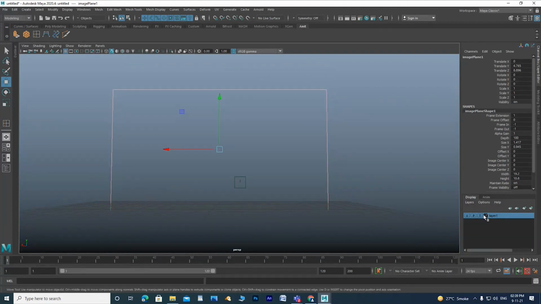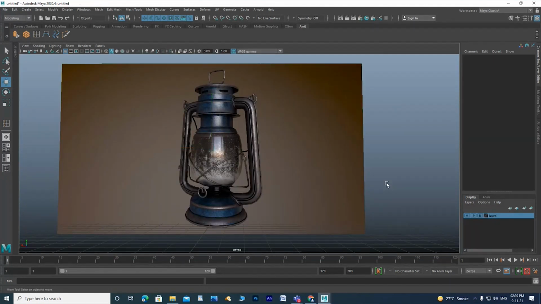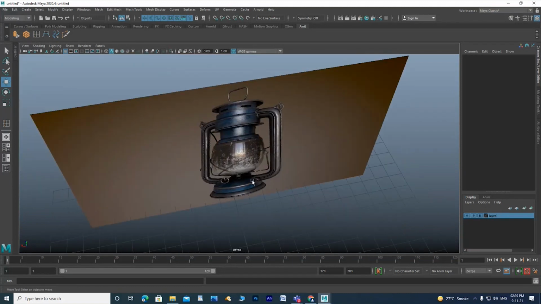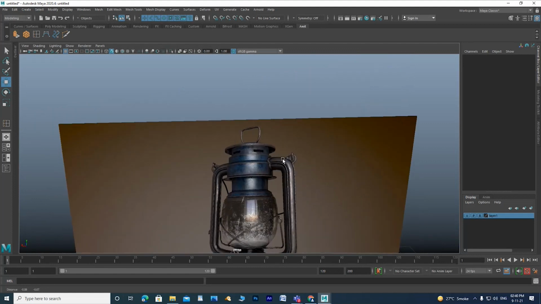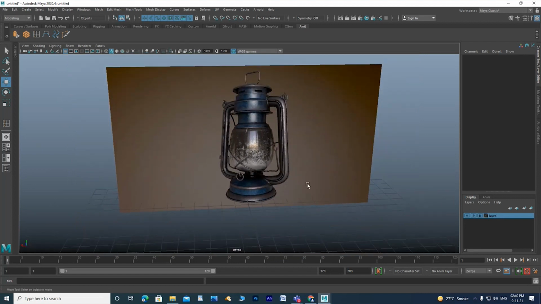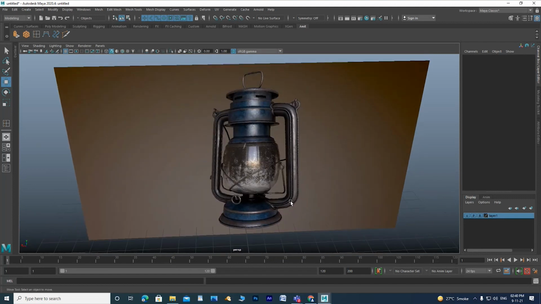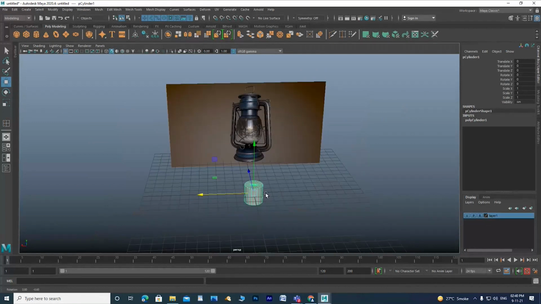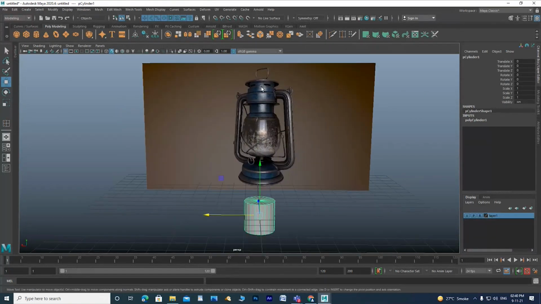It's all about cylindrical things. If you look at the basic form, it's all cylindrical. So we take a polygon cylinder, and we are visualizing, not matching.